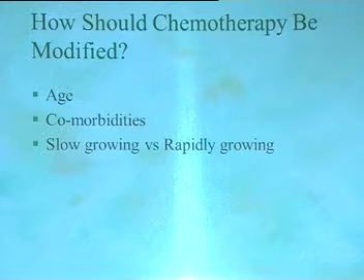But we modify chemotherapy in adult sarcomas based on their age, comorbidities, and we also analyze slow growing or rapidly growing. One has to take a call in the sense that if somebody has an alveolar soft part sarcoma in the lung and is doing perfectly well, one is not going to subject him to chemotherapy because we know that the traditional chemotherapy does not work there.